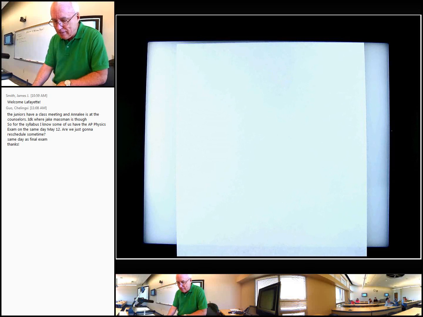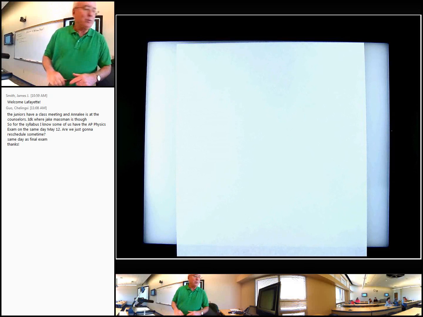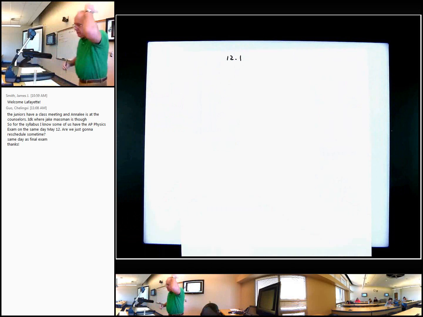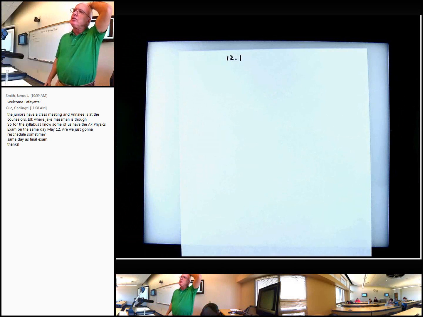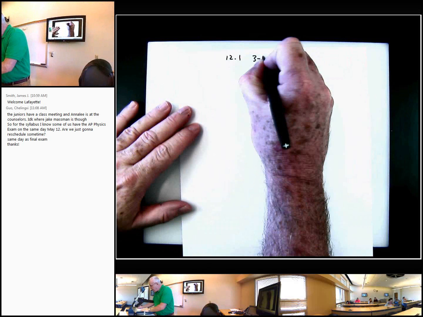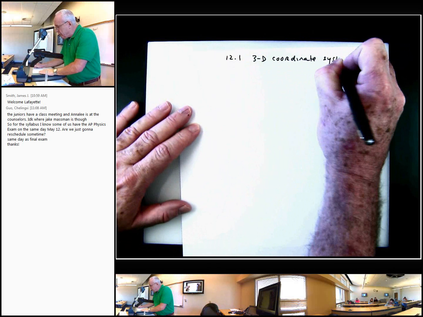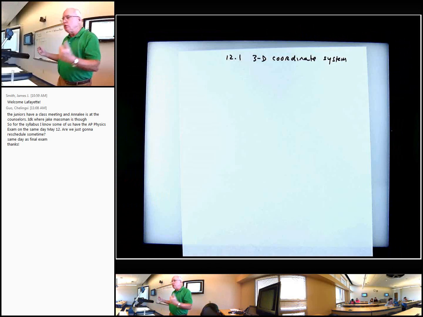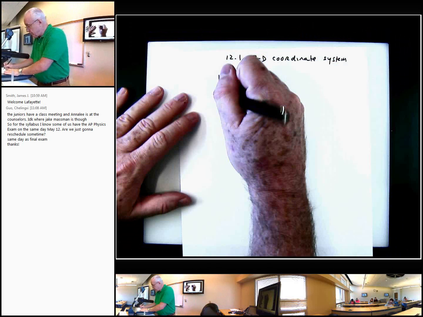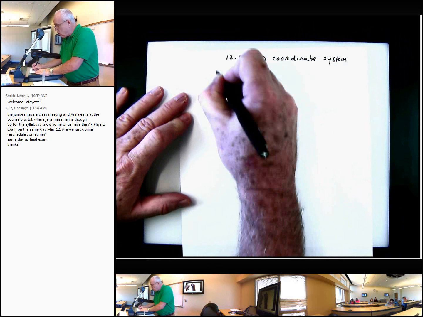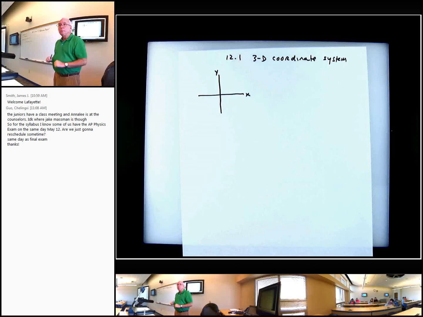Thomas is here. Just checking out people who are here. All right. So what we start out with in section 12.1 is the introduction of the 3-dimensional coordinate system. You are used to, of course, the X and Y axis, the two-dimensional axes. X and Y, that's no big thing to you, but now we're going to add another axis to it,